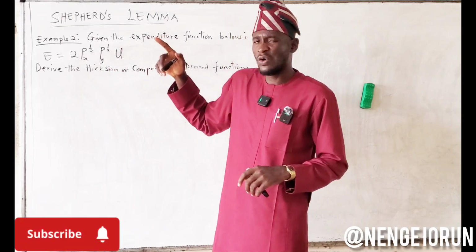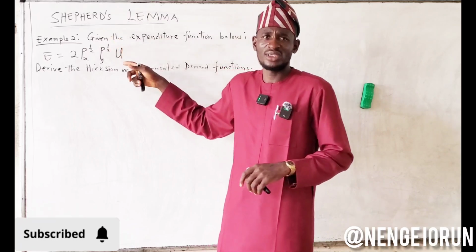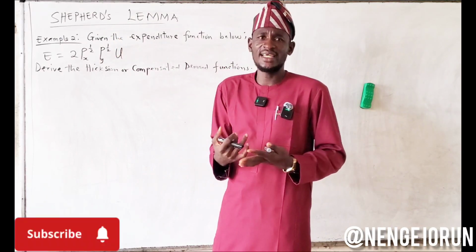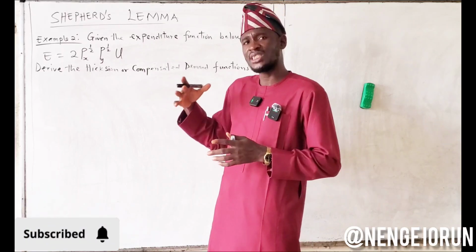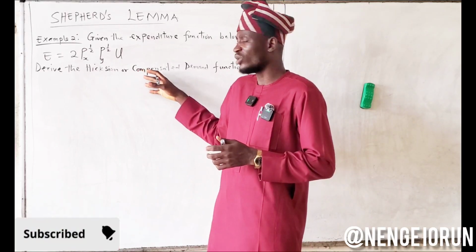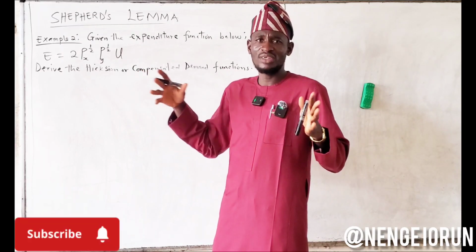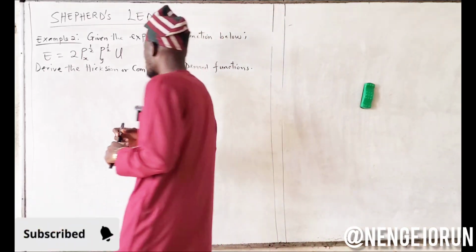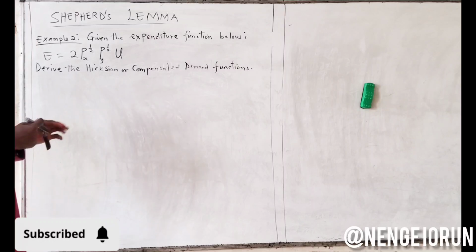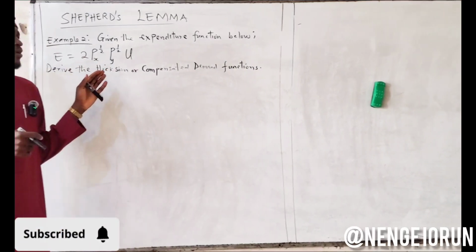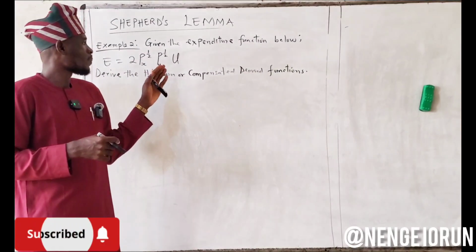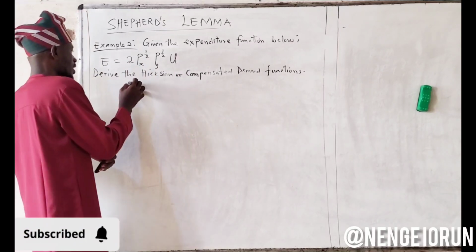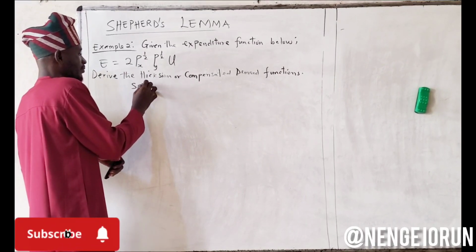Whereas, from the indirect utility function, you will be expected to use the Roy's identity to derive the Marshallian demand or the ordinary demand function. These are the two differences that exist between them. Now, the Shephard's lemma states that for the Hicksian demand function for X, using Shephard's lemma,